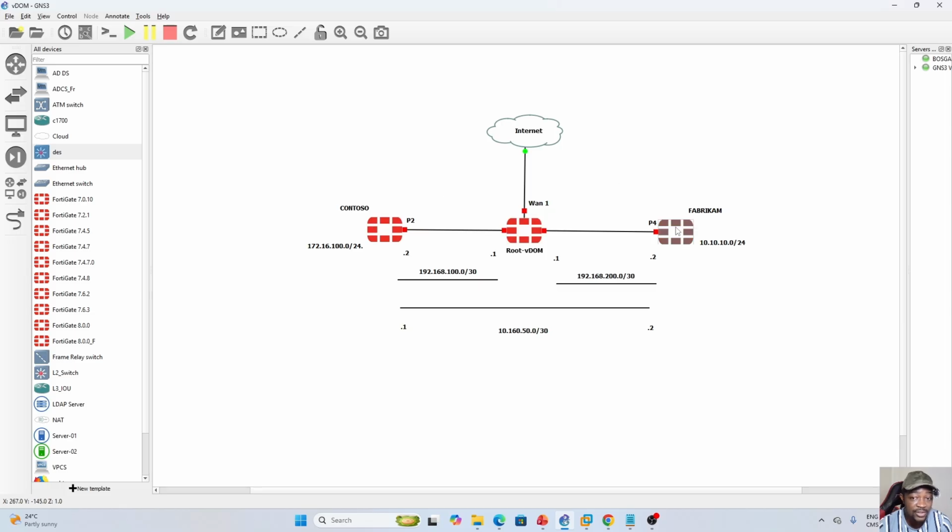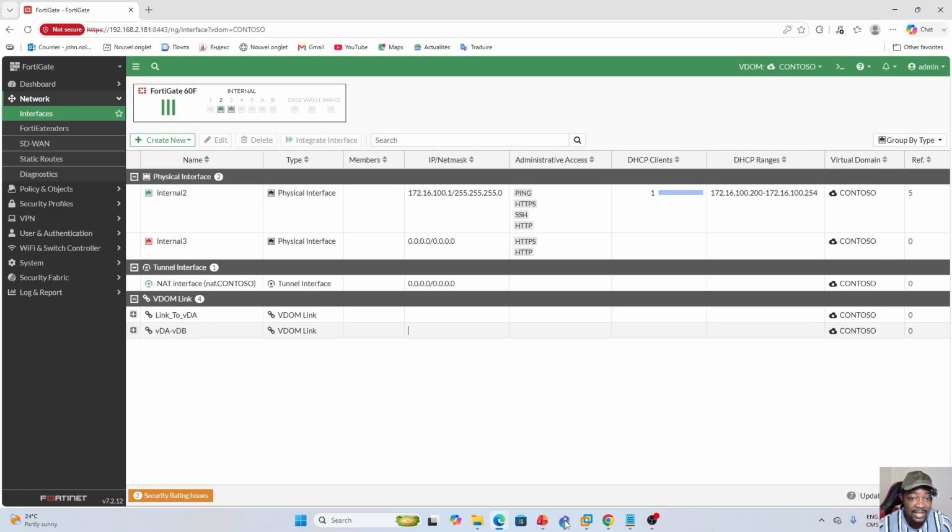So for each vDOM to go to the internet, they need to go through this one interface that belongs to the root vDOM. This is because I have only one ISP that is actually connected on my physical FortiGate device. So for a particular client, or let's say for this vDOM, for example Contoso, because we are connected like the administrator of Contoso,